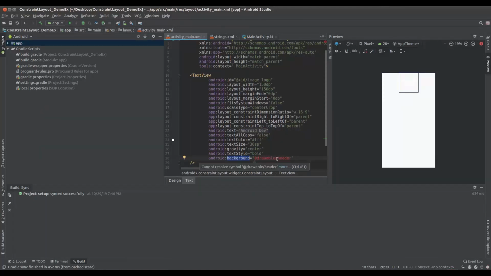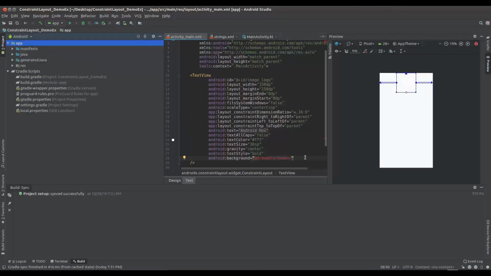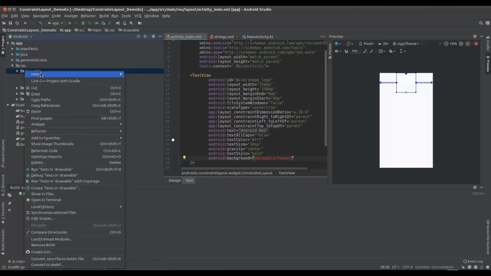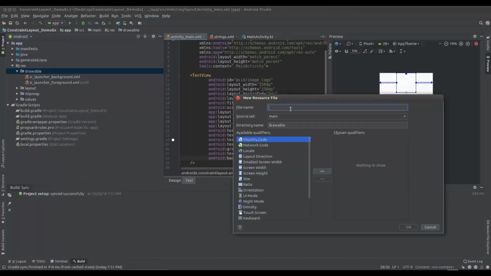I'm choosing the background to be an image coming from the drawable. So the name of the folder inside the drawable, I name it header. So I'm gonna make a new folder inside the drawable named header, and inside this folder I'm gonna put the image, and this image could be the background for this text view, like the following. So to make the header inside the drawable, we're gonna go through the resource, then drawable folder, then right click and choose new drawable resource file. I could name it header, and that's it. Just hit OK,